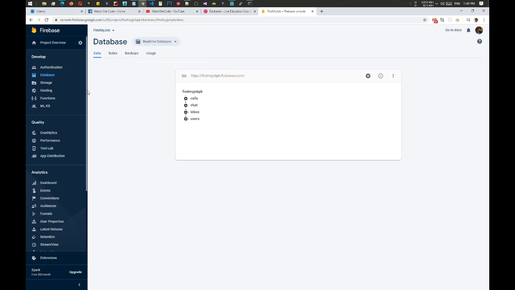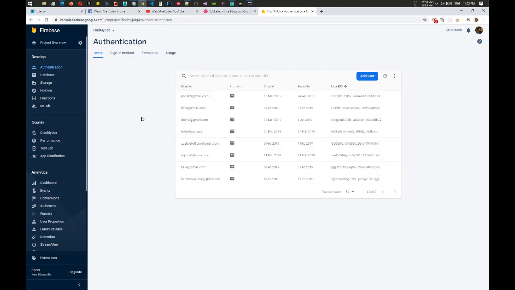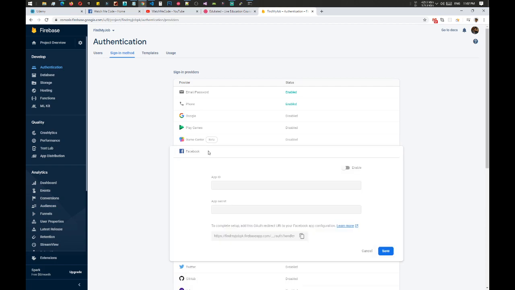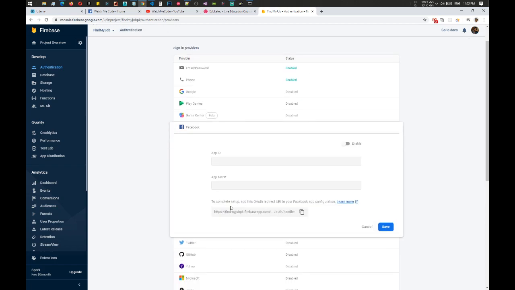So first of all, we need to integrate the authentication. So let's go quickly inside the authentication, and for sign-in methods we will use the phone method, and we can use email, password. And if you want to integrate Facebook, Twitter, you need to add a couple of settings, like here it is giving us the complete setup. Add this auth redirect URI to your Facebook app configuration, and